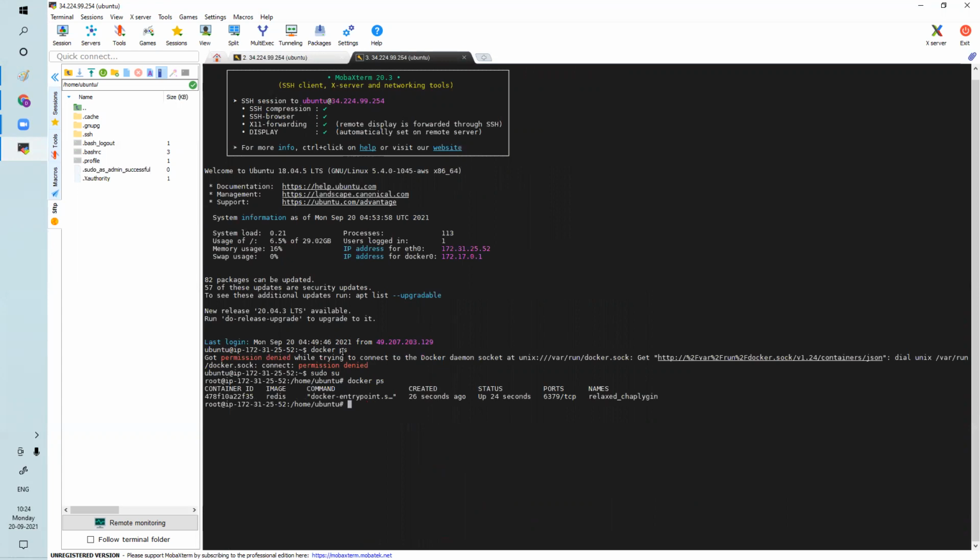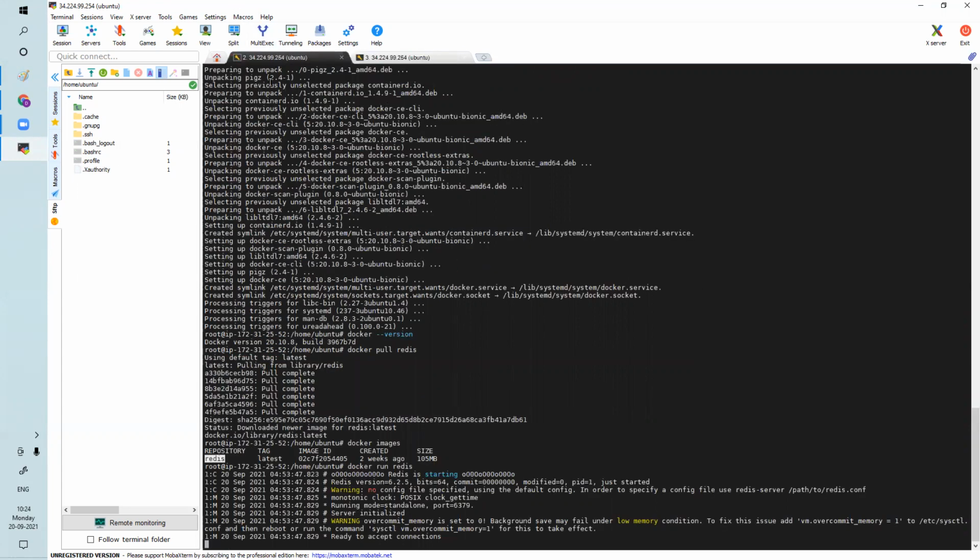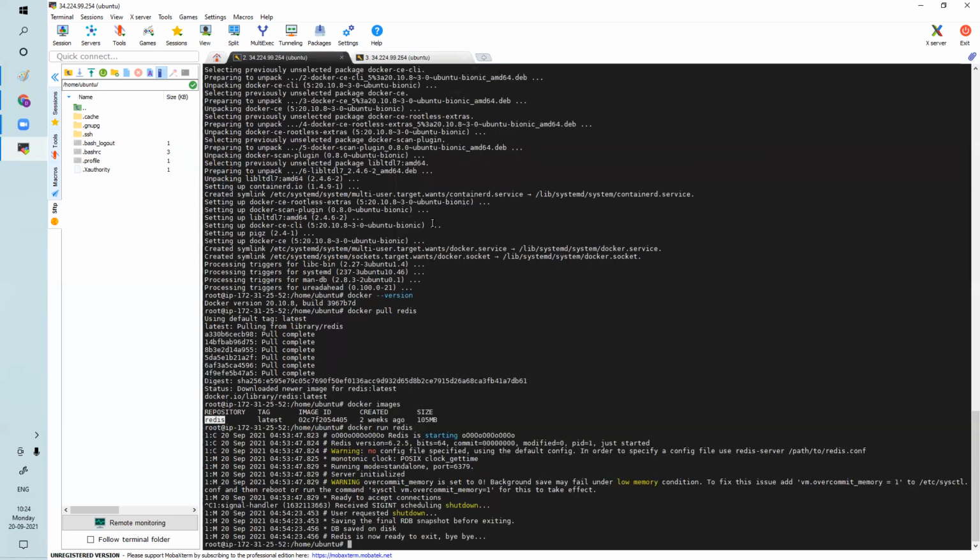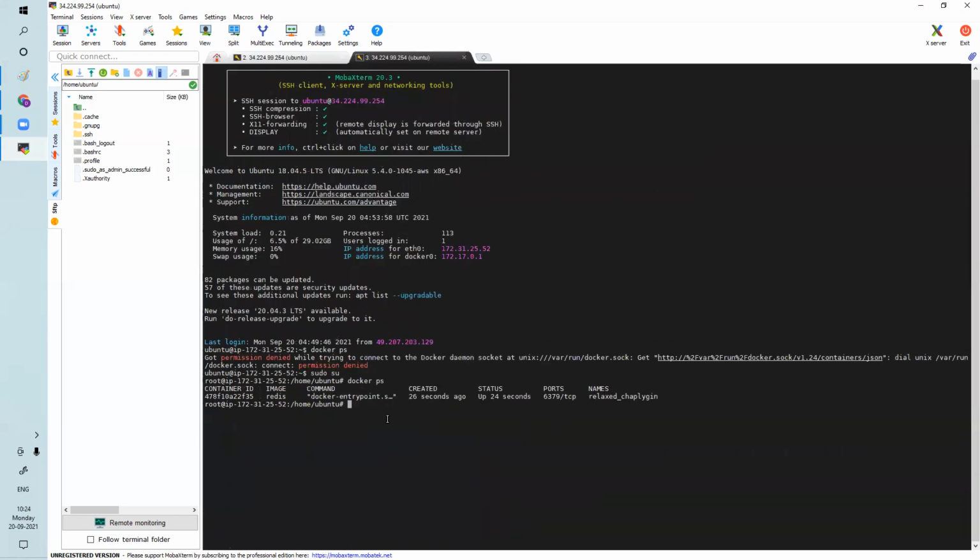Why? docker ps will show only running containers. Here it is running, but here I cannot run that. If I do Control C and now do docker ps, there is no running container. Why? Because it got exited.